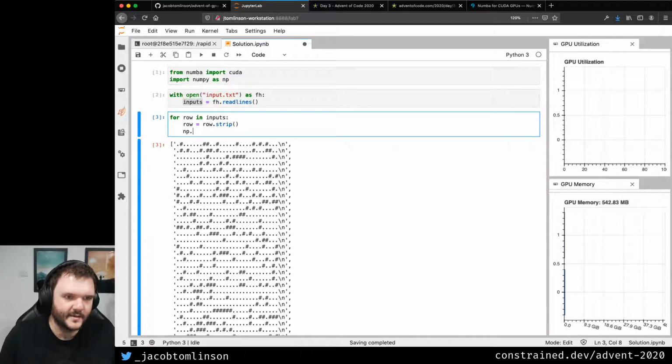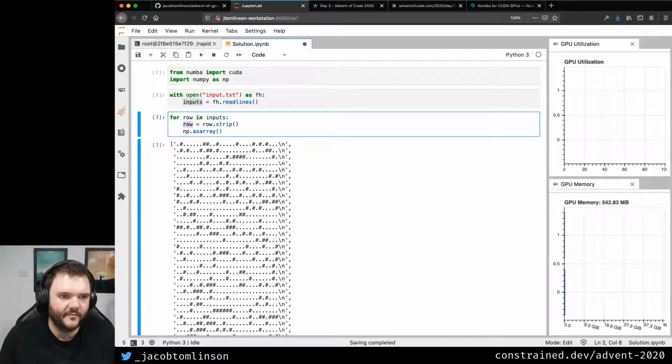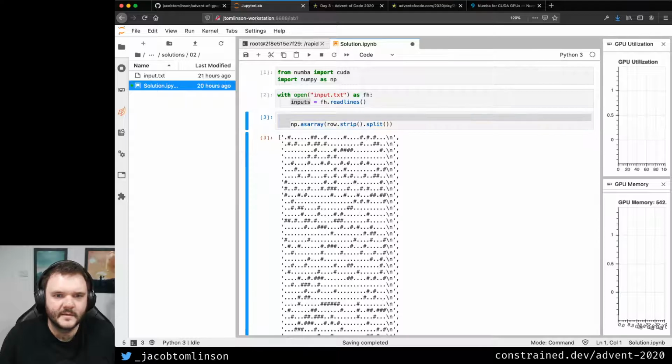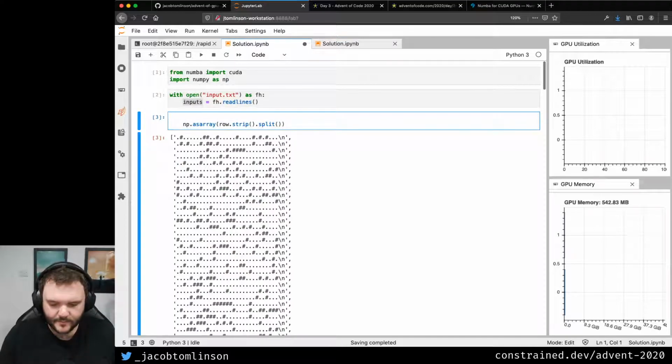So we want an np dot array or as array of our row, but we want to split like that. Actually, if I go strip there, I could do this as, what did I call it yesterday? We called it entries yesterday. I'm going to call it problem today. Or maybe map. Slope sounds fun. So slope is going to be an np